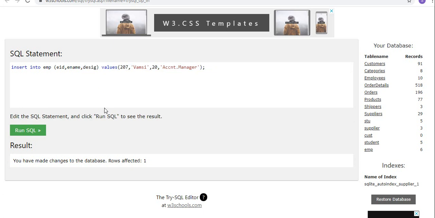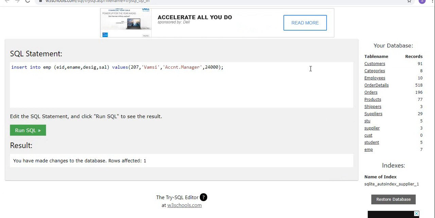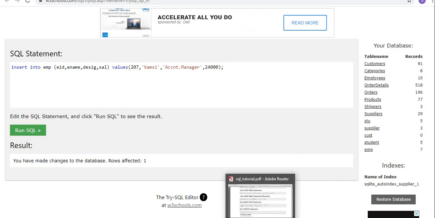Designation is already there, right? Comma, salary. So I am removing this age here, comma, here I am going with salary 24,000. Run SQL. So total 7 records inserted. Is it okay? How to create a table and how to insert the values?